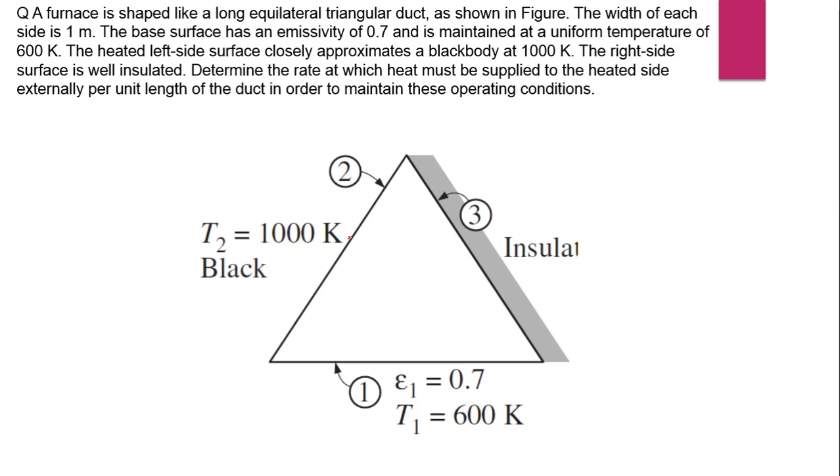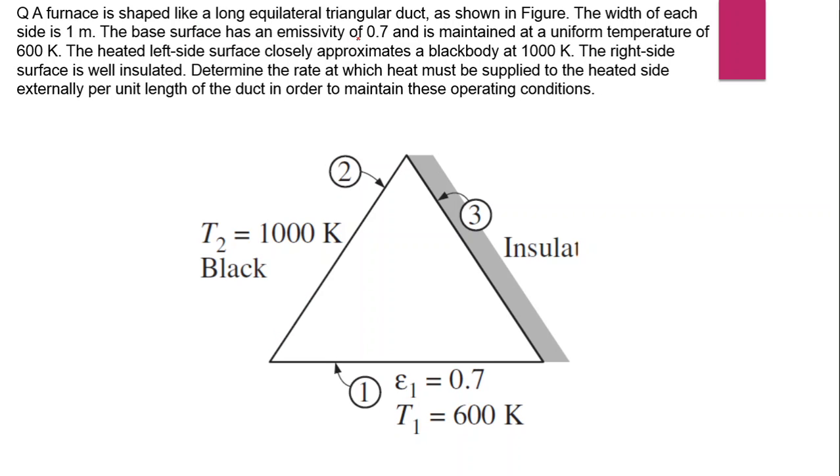So surface 2 is coming out of your screen, right? And surface 3 and surface 1 the same way, they are coming out of your screen, and each is a rectangular surface, and combining all three we have made one furnace, right? The width of each side is 1 meter, right? Width of each side means it is perpendicular to the screen.